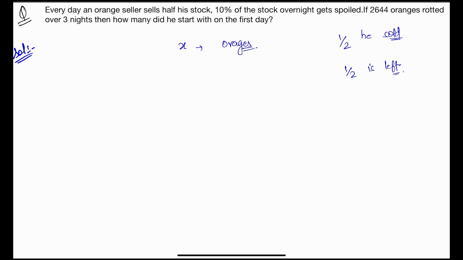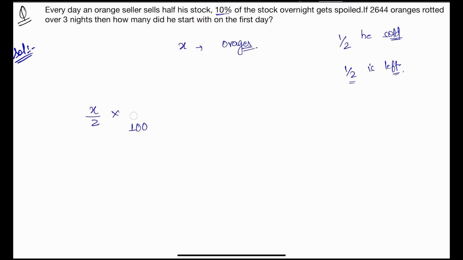Okay, great. So on the very first day he will sell half, so how much will be left? Half will be left, x by 2 is left, and from x by 2, 10% of the stock gets spoiled overnight. So if 10% is spoiled,